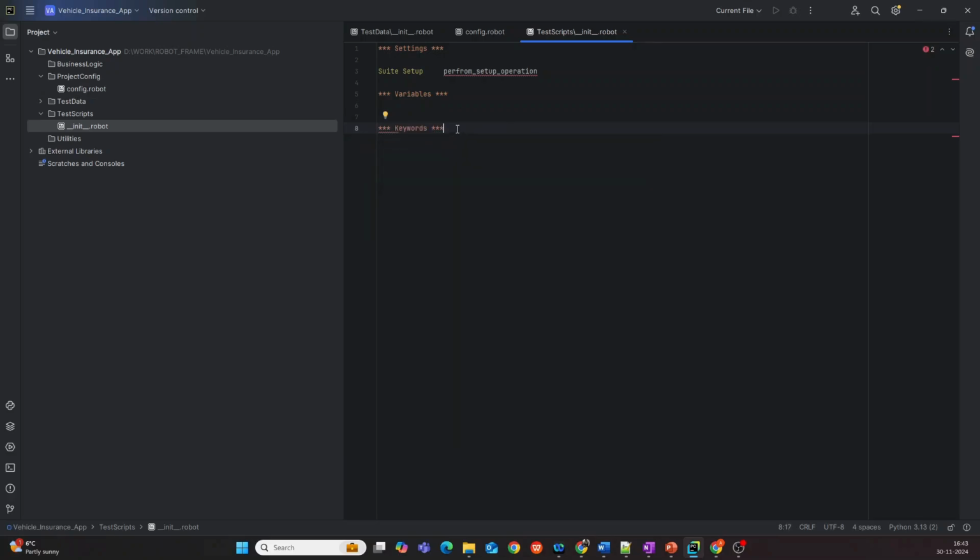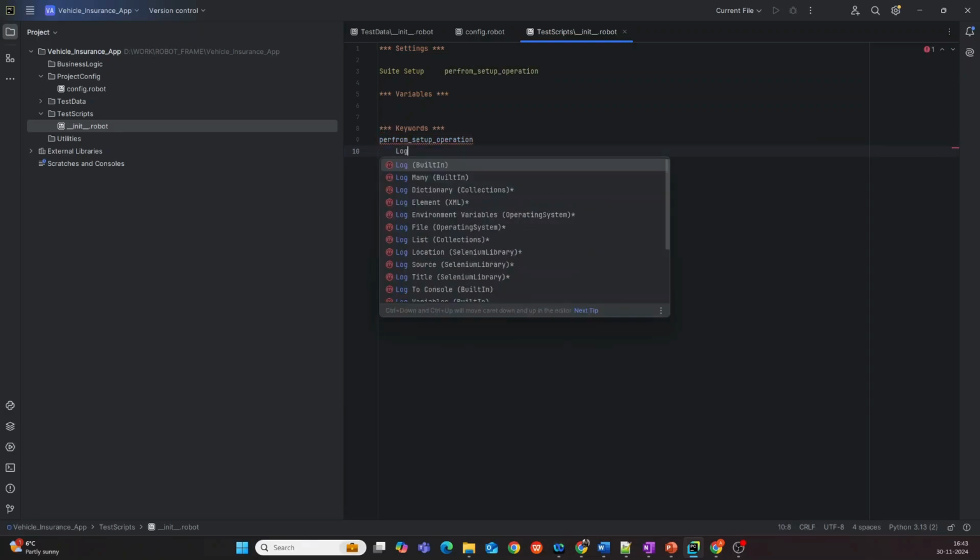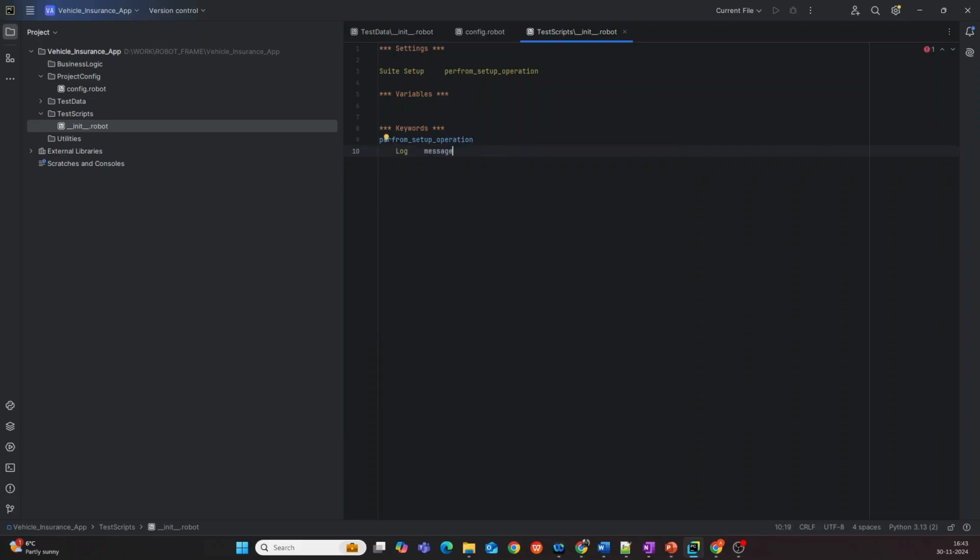So I will have a keyword like this, and I will have to have a body. For the time being, let us give a body as performing the